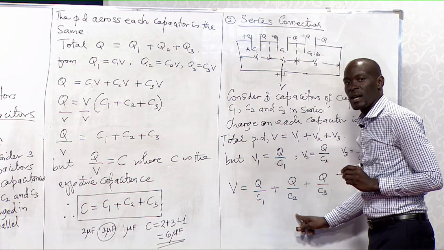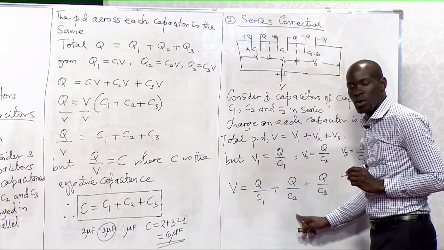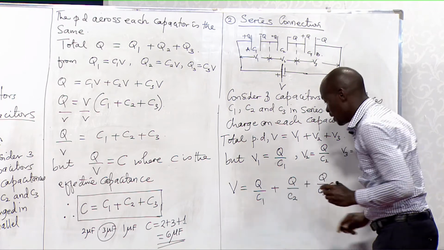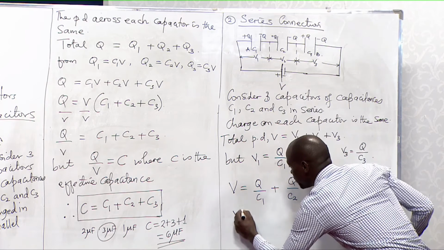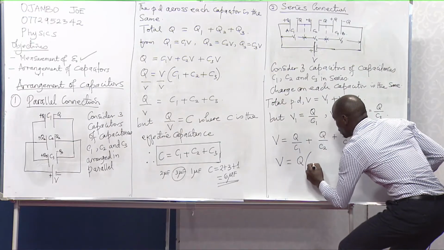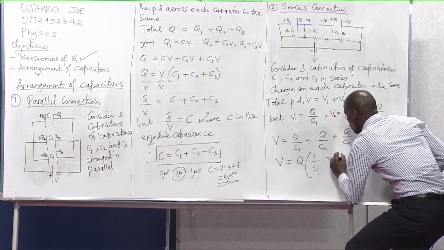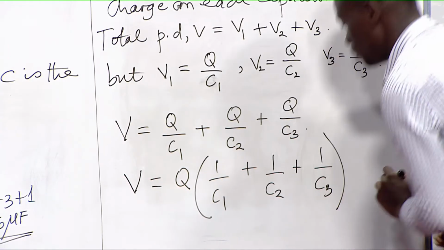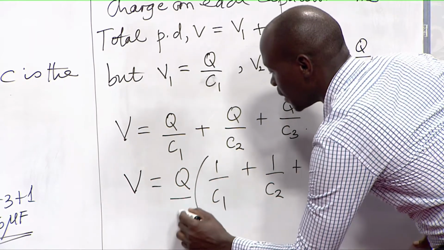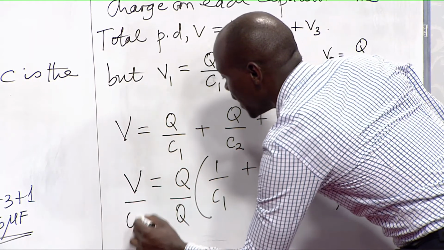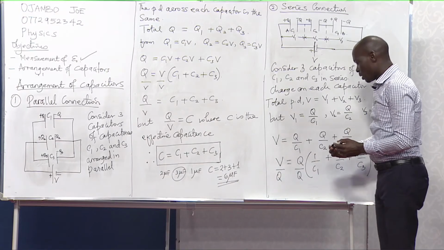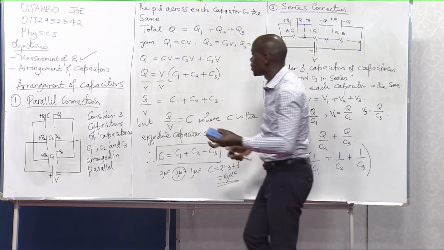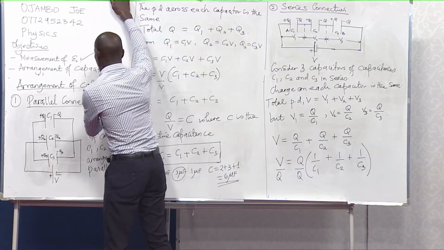We now discover that our charge is constant. So what do we do? We can factorize it out. Isn't it so, my candidates? So upon factorizing, we shall have V is equal to Q into 1 over C1 plus 1 over C2 plus 1 over C3. When you divide through here, this is divided by Q, divided here by Q, this Q will cancel with this. So we shall then have something which is going to be in the form of,